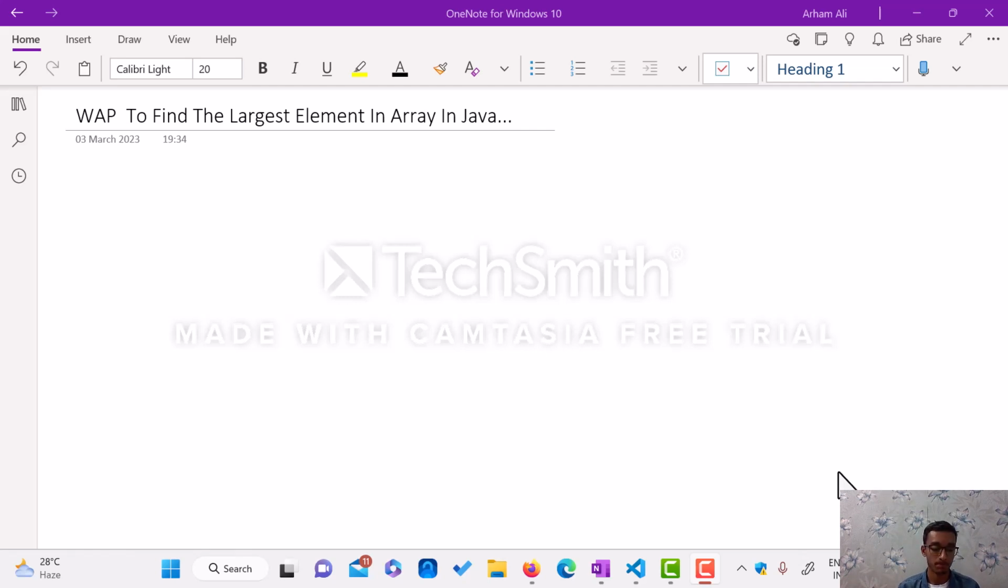Finding the largest element in an array. So we have two approaches here: one is brute force and the second one is optimized, and then we will code for it. So without wasting time, we will take an array,